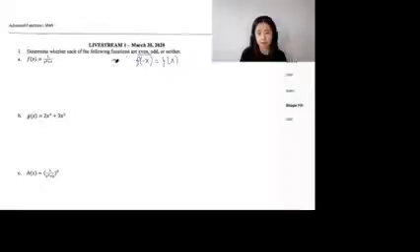And if it's odd, you need to plug in f of negative x as well, but instead of having f of x, you need to have negative f of x. Does that make sense? And the reason for that is because if you're looking at an even function, so say